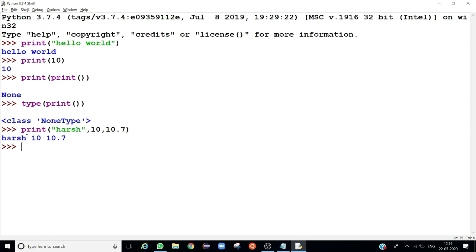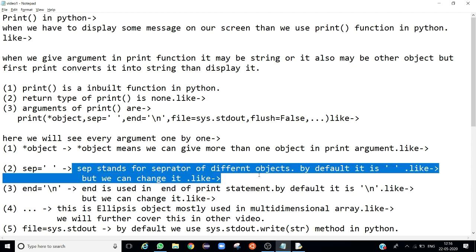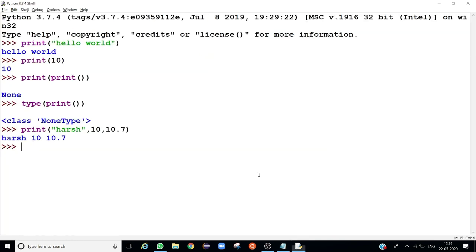Why do we get a space between all the objects? Here 10 space 10.7 because of sep. What is sep? Sep stands for separator of different objects. By default it is space, but we can change it.